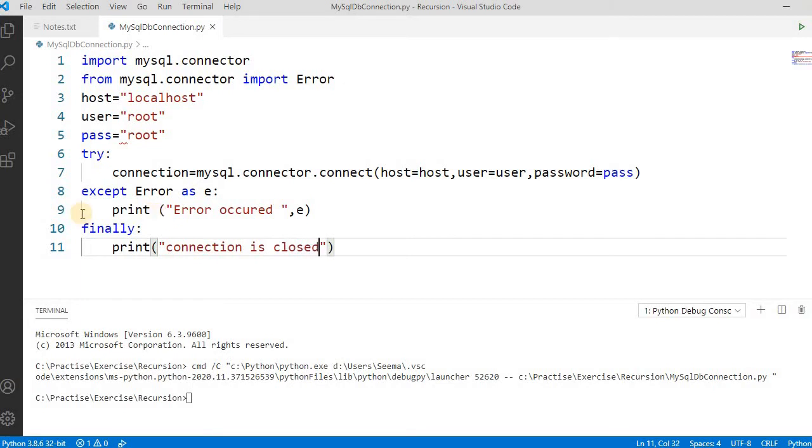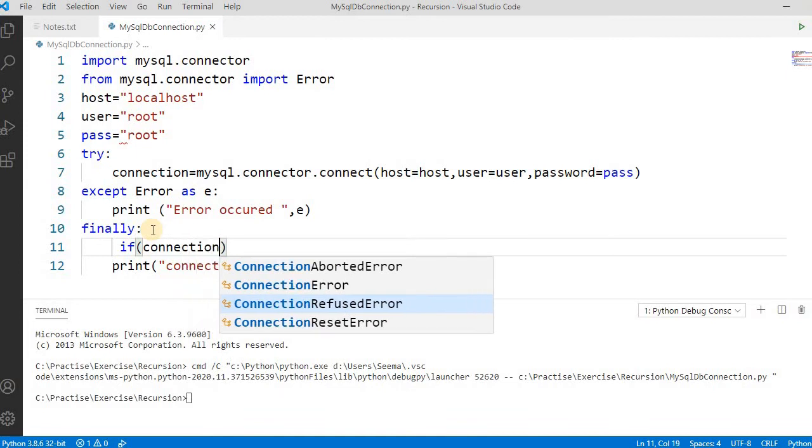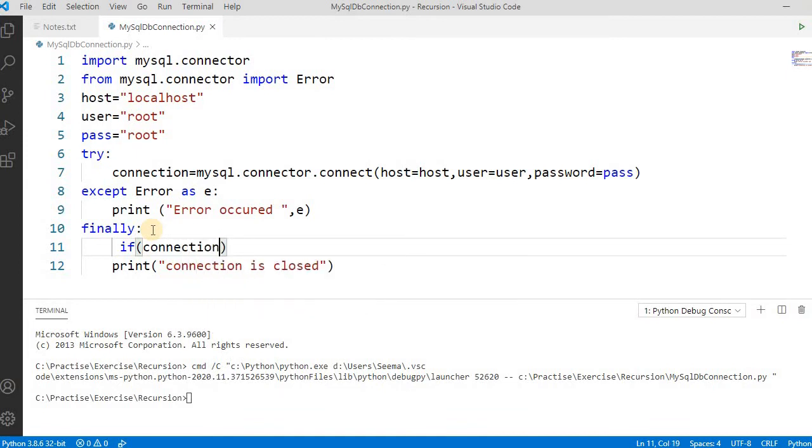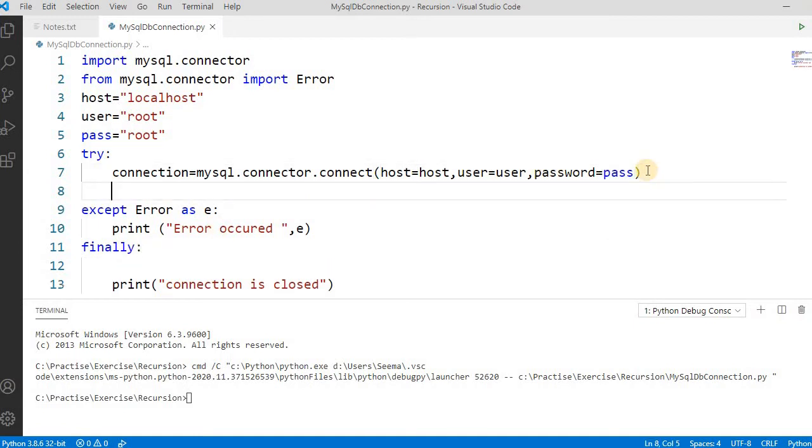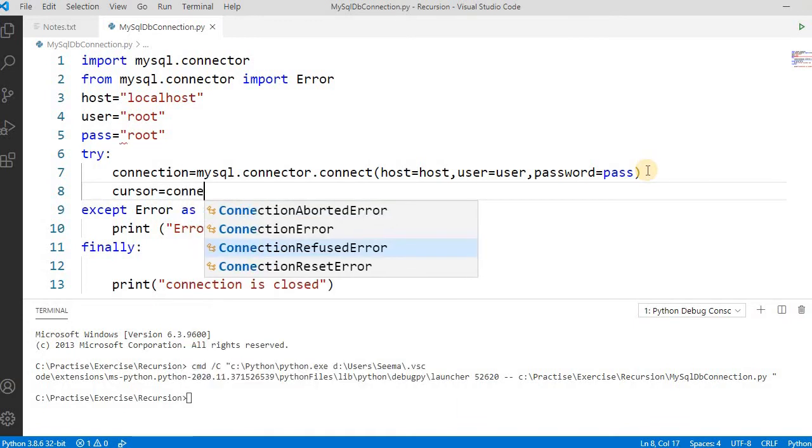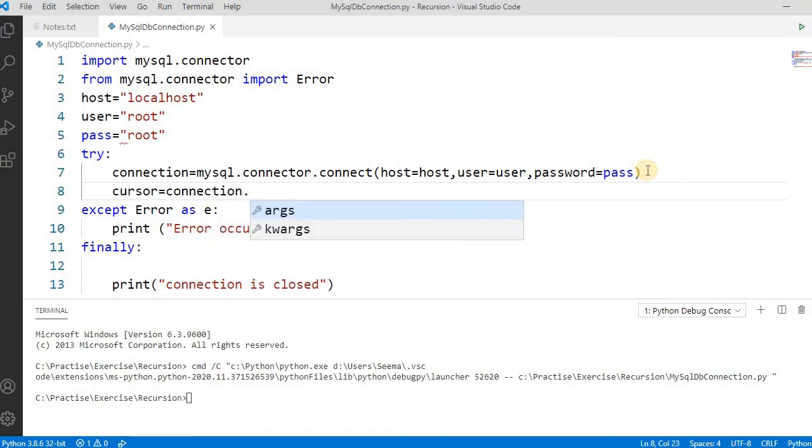Okay, but we have not done the connection close, so we can check here: if connection, okay, and then first the connection is there. Let's create the cursor. So cursor is equal to connection.cursor. Simple.